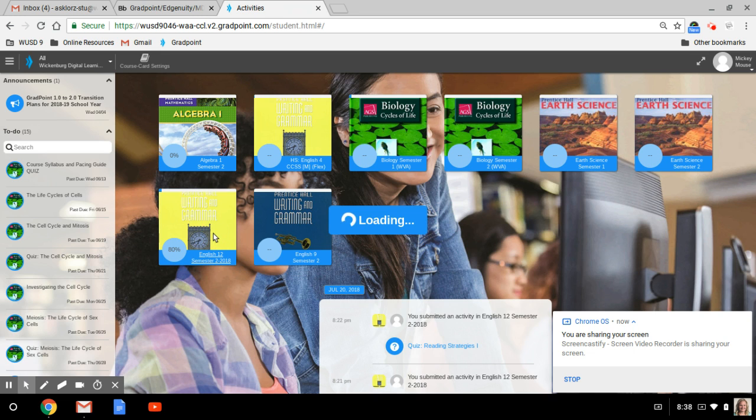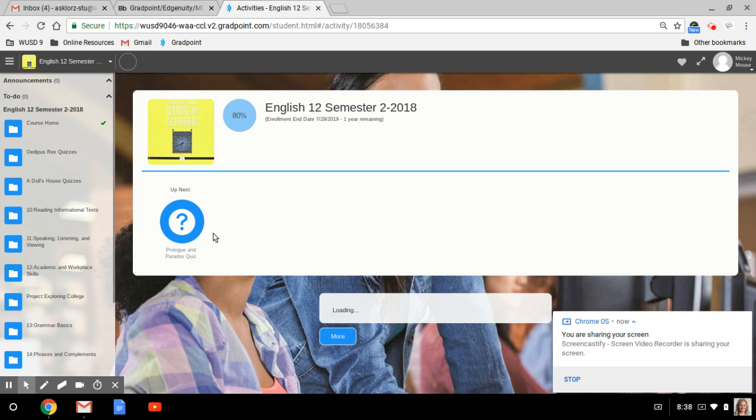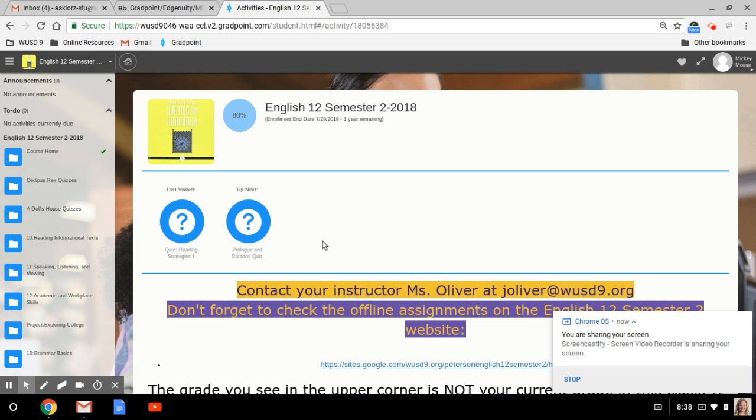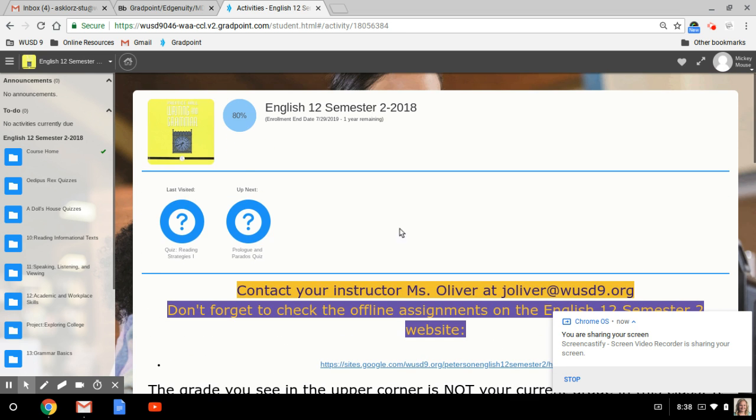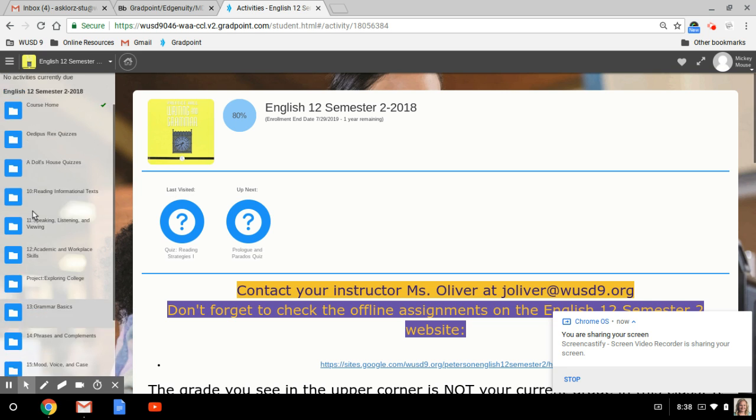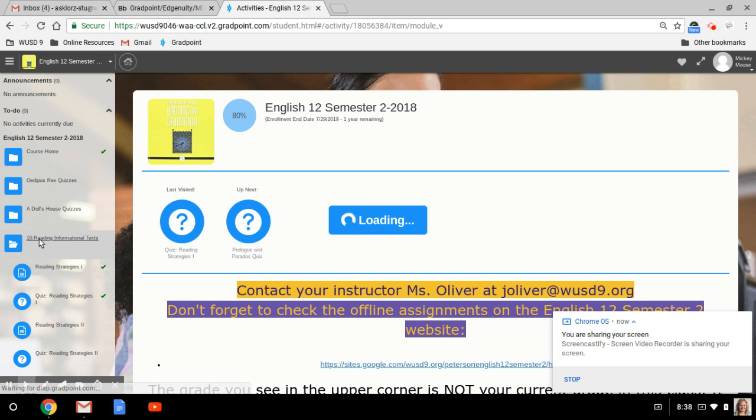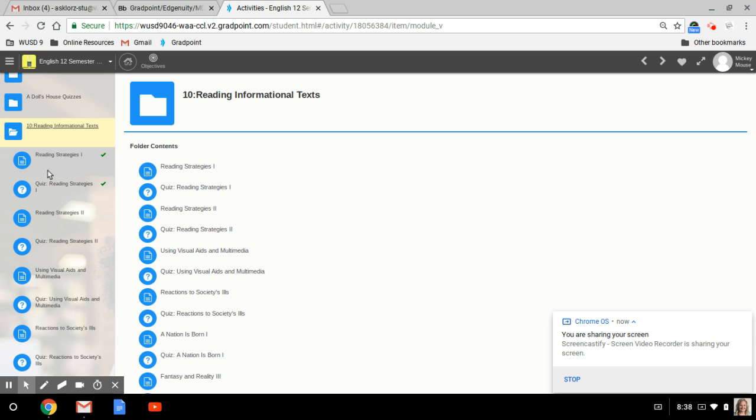So let's access a course. For the course, sometimes instructors will put notifications right here that you need to read. Always you will see the lesson that you last completed and what is up next. So let's take a look at this first lesson that has been completed. You can click on each folder, and under each folder it'll tell you how many lessons and then the quizzes. For each lesson, like Reading Strategies 1, there will be a quiz. No matter what the content area is that you're focusing on, there will always be a lesson and a quiz